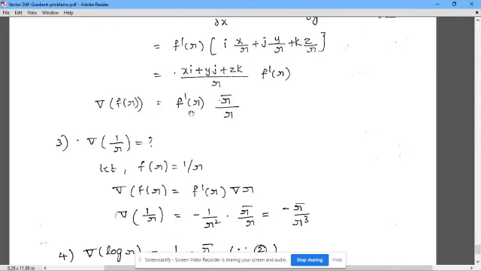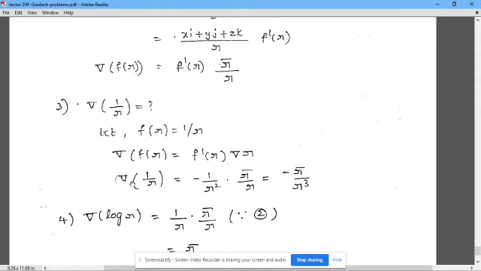Now computing f dash of r. F dash of r means the derivative. F of r derivative is f dash of r, that is minus 1 by r square. So minus 1 by r square, but del r from the first statement is r bar by r. Just multiplying those two, we get minus r bar by r square into r, which is r cube. So it is the value of del of 1 by r.